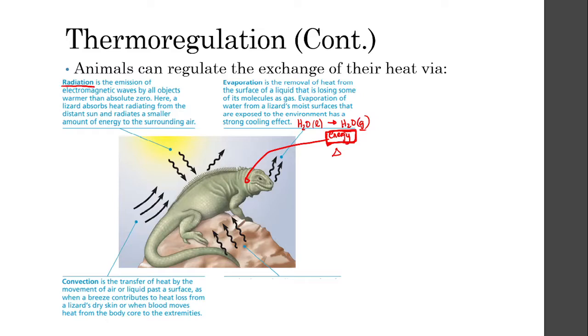The next one is what we call convection. Convection is basically the heat transfer from the movement of air or liquid. So when it's too hot, what do you do? You let the wind blow on you, or you turn on the air conditioner, right? When it's too hot, you close everything down, you turn on the air conditioner. The reason that the house starts to become cooler is because of convection. It's because of the air flowing.